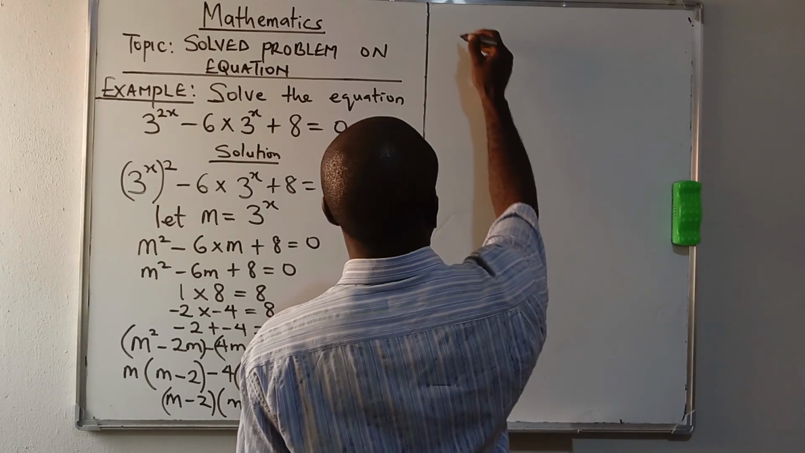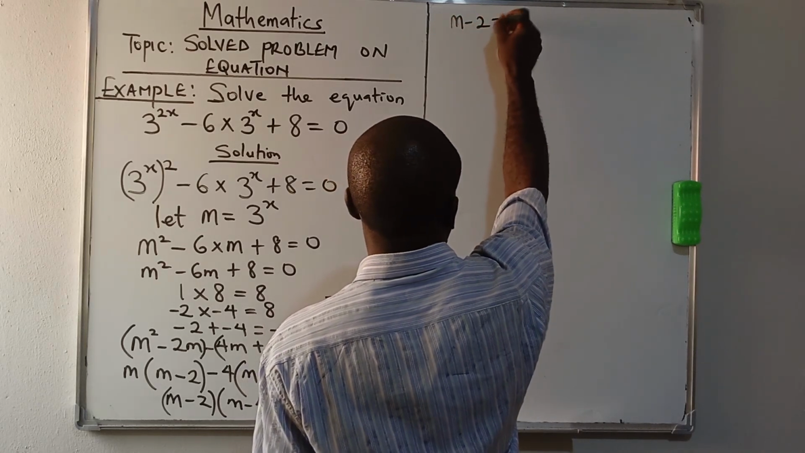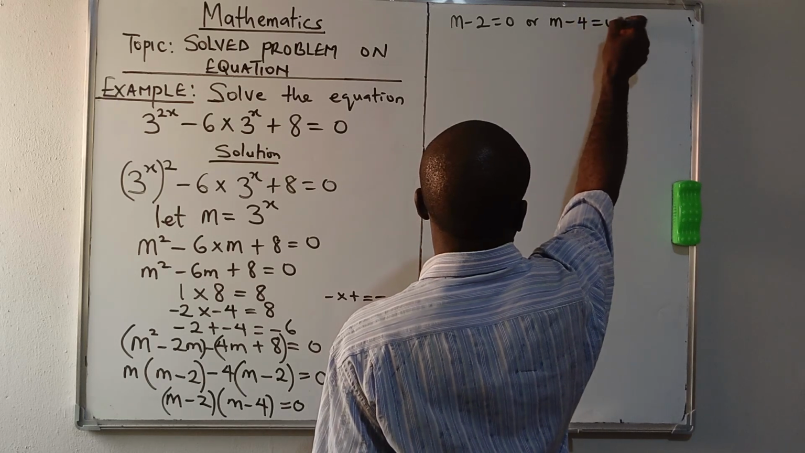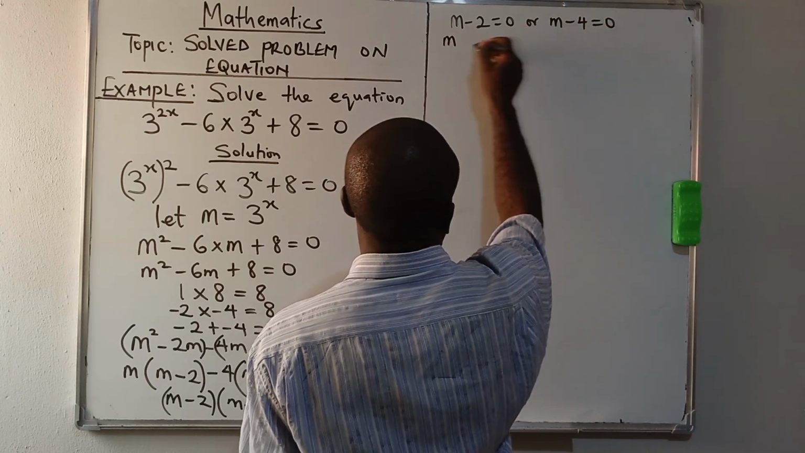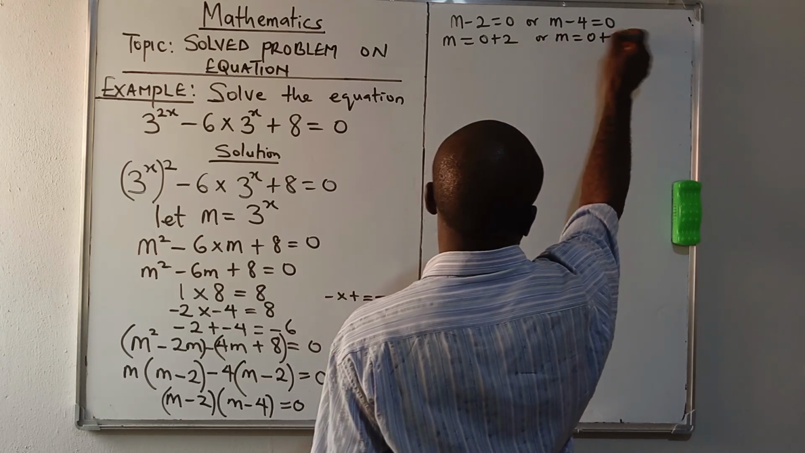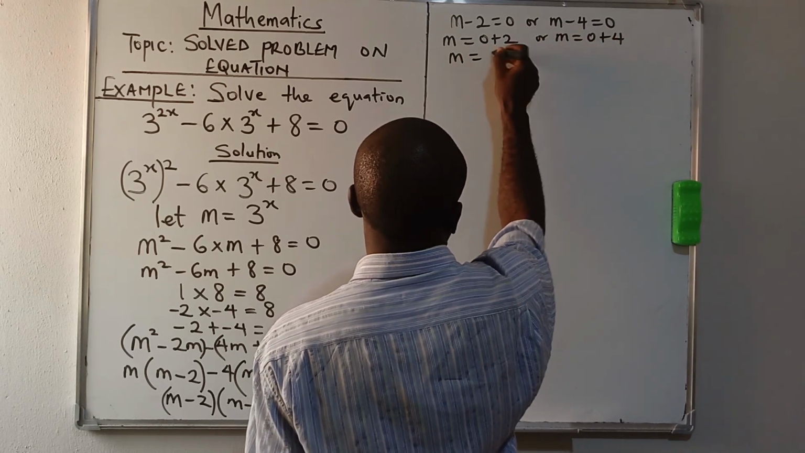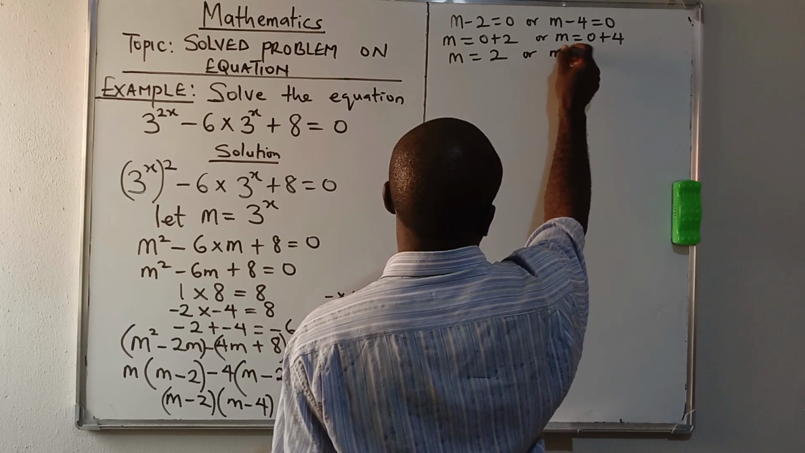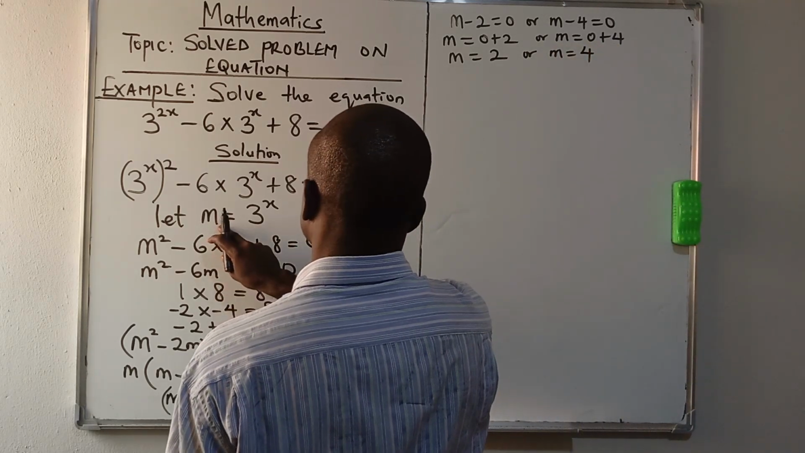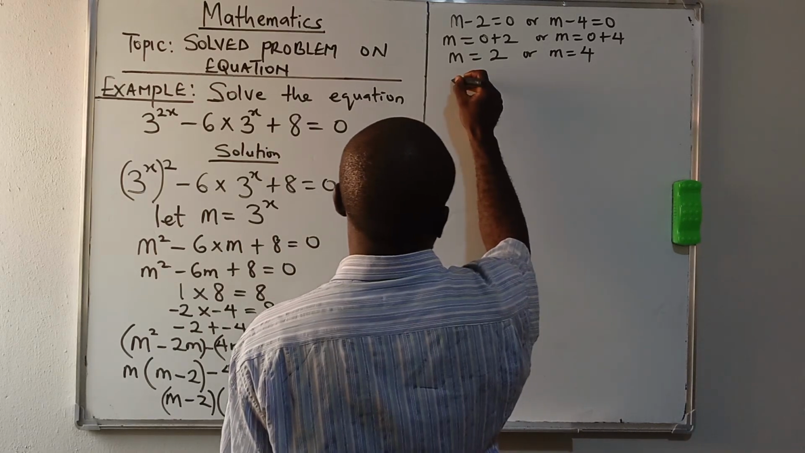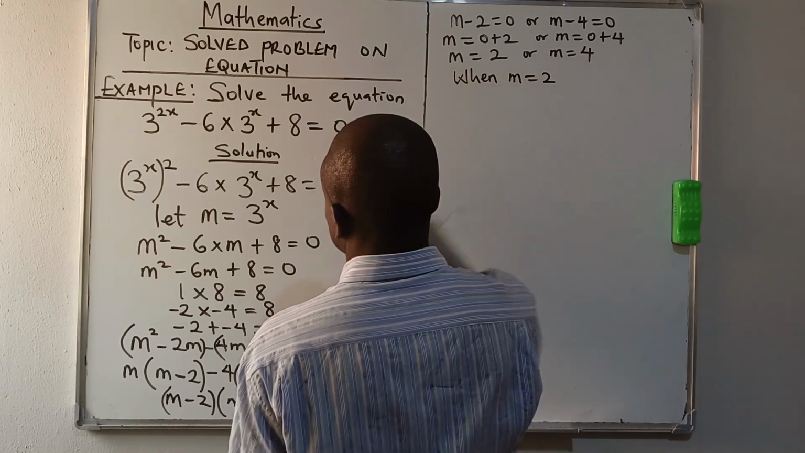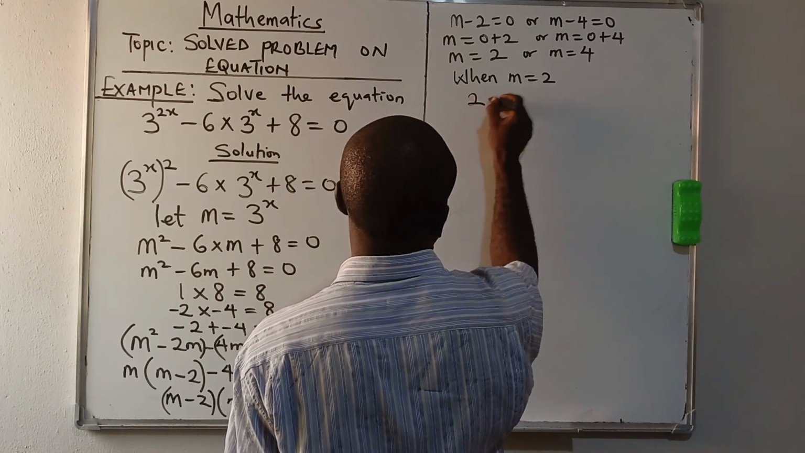You now have m minus 2 equal to 0 or m minus 4 equal to 0. Now take to the other side. m equals 0 plus 2 or m equals 0 plus 4. 0 plus 2 is 2 or m equals 4. Now we have to go back to the initial stage where we assumed. Now let's say when m equals 2, you now replace it back. 2 equals